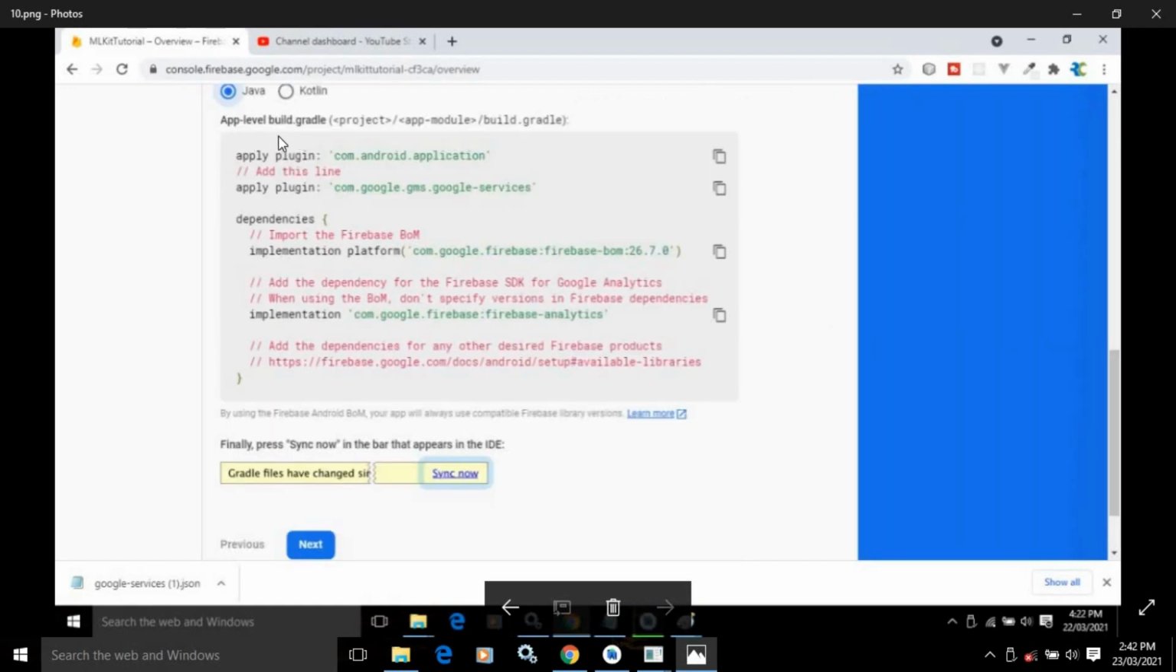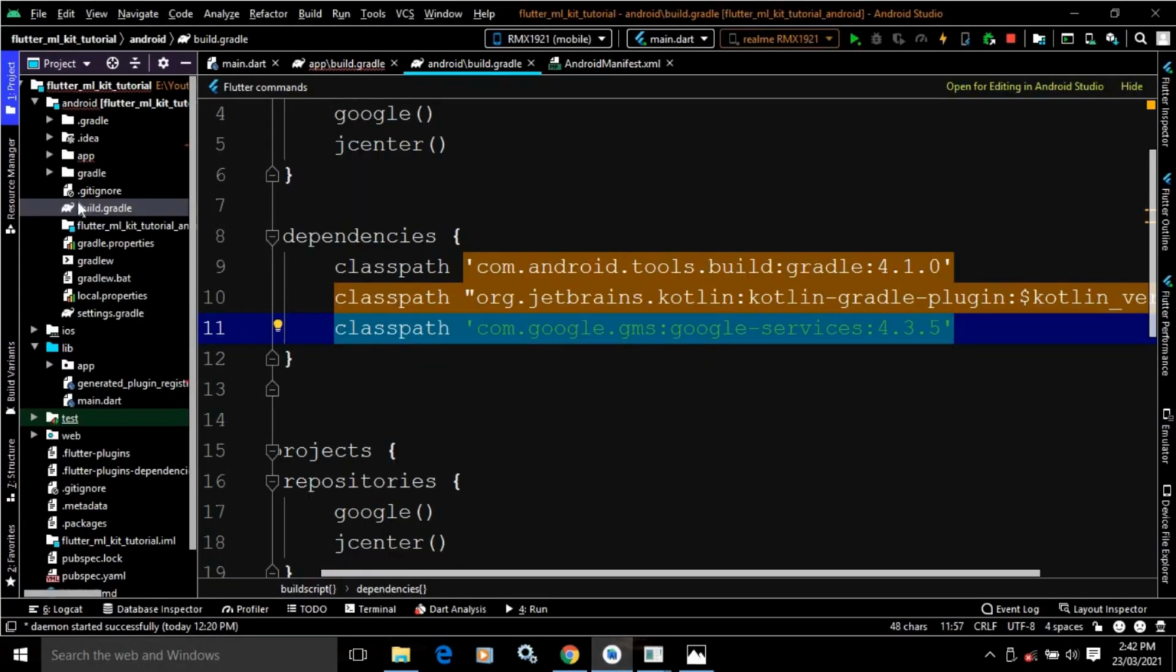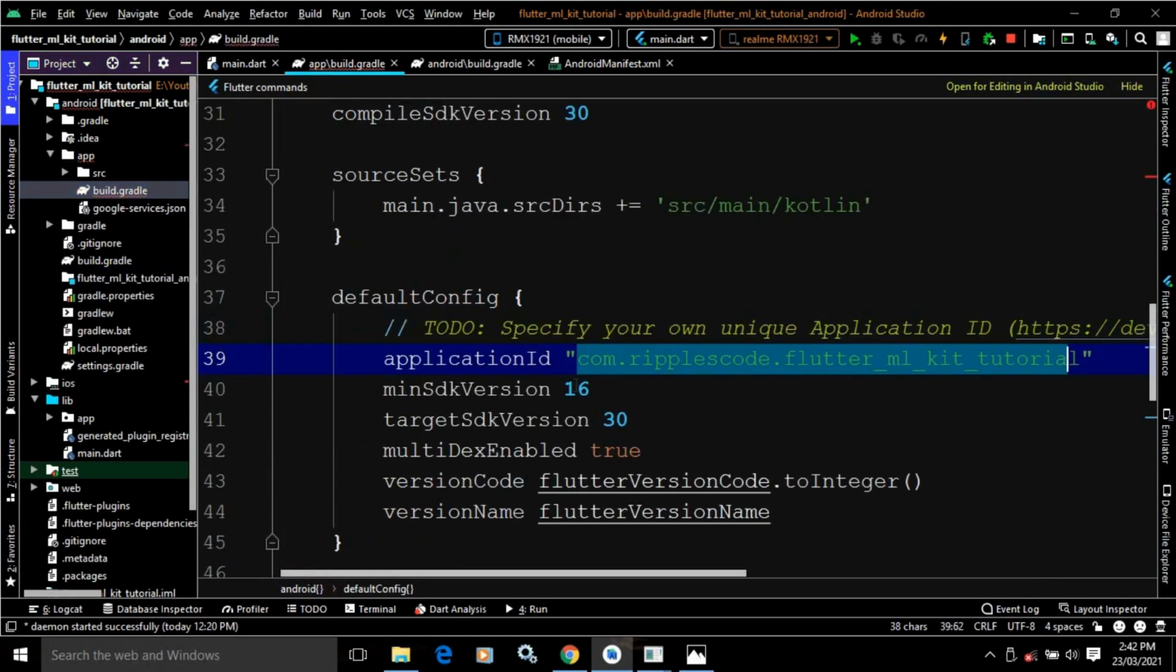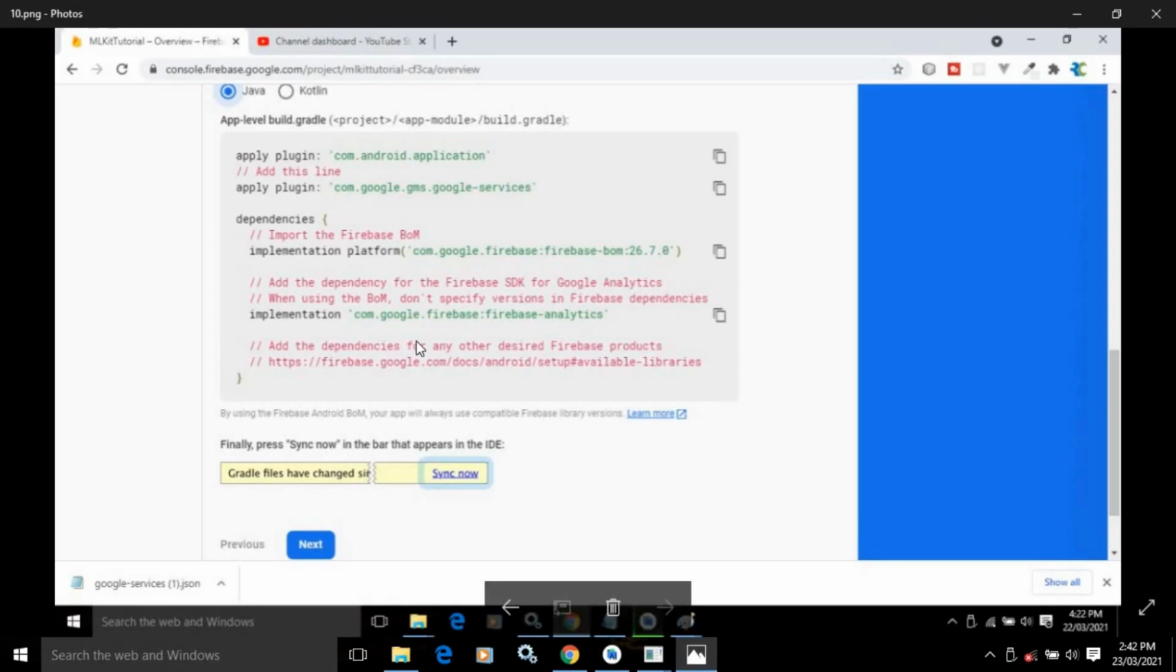After that, you need to make some changes in the app level build.gradle file. Now app level build.gradle file means you need to expand this app folder. Here you will get build.gradle. In this build.gradle file, you need to make some changes. What changes we need to do? Those changes you can find from here. You can see in the dependencies section, this implementation platform has been written, and after that you need to apply